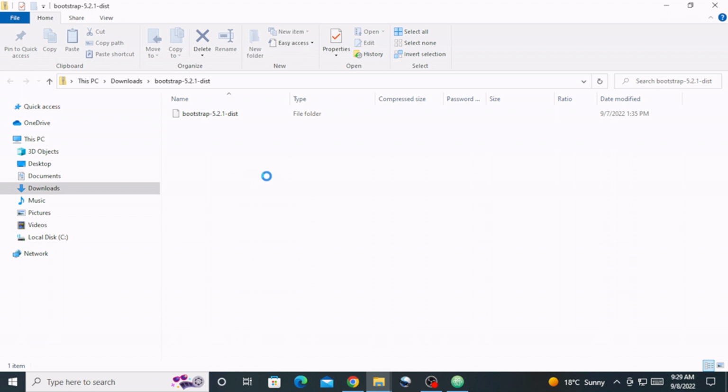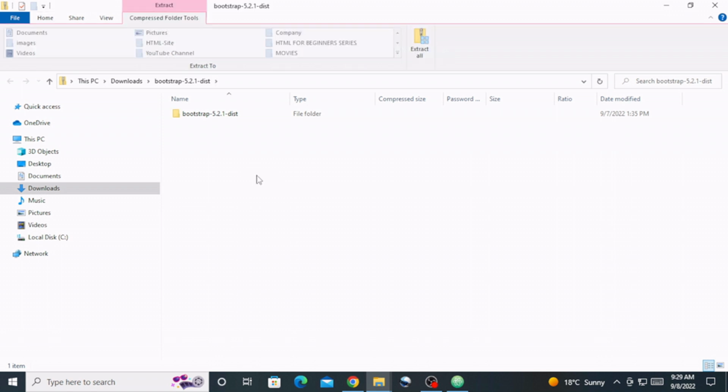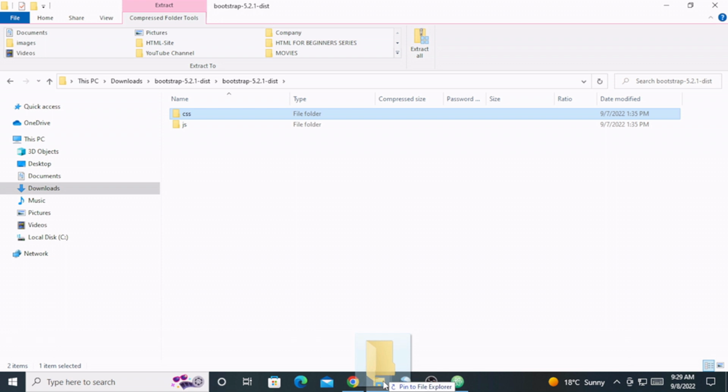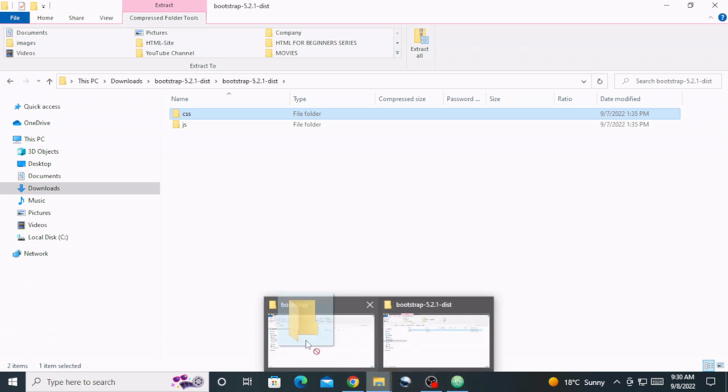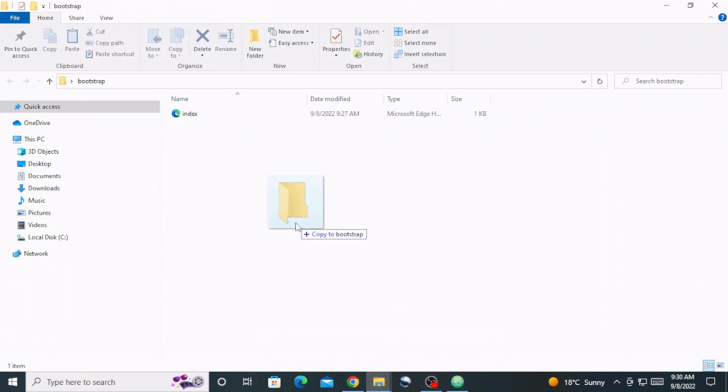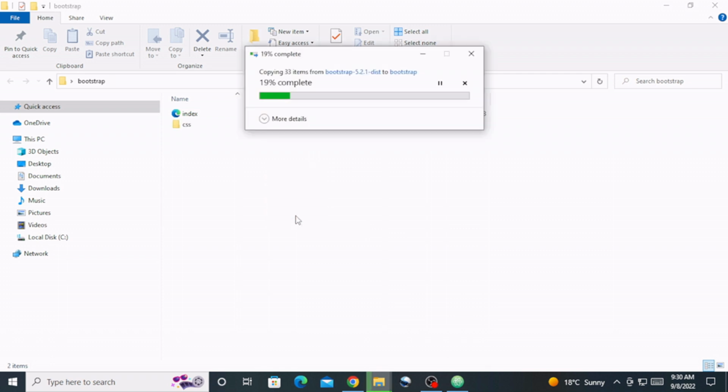Inside this file, you'll see that there is a Bootstrap folder. You open it. Inside here, there are two file folders, CSS and JS, and then you are going to click the CSS one and then drag it and drop it inside that website folder that you created on your